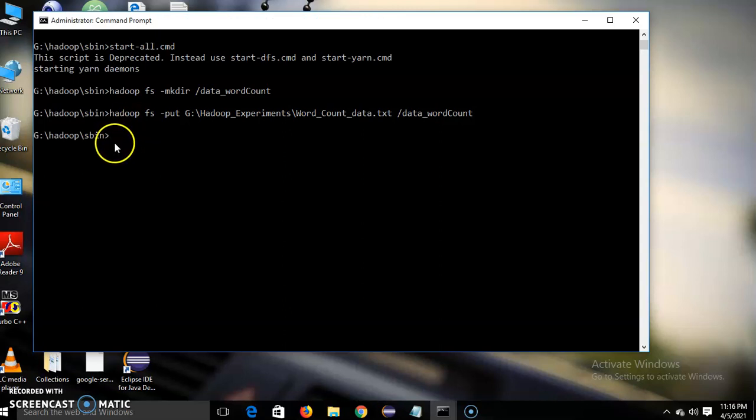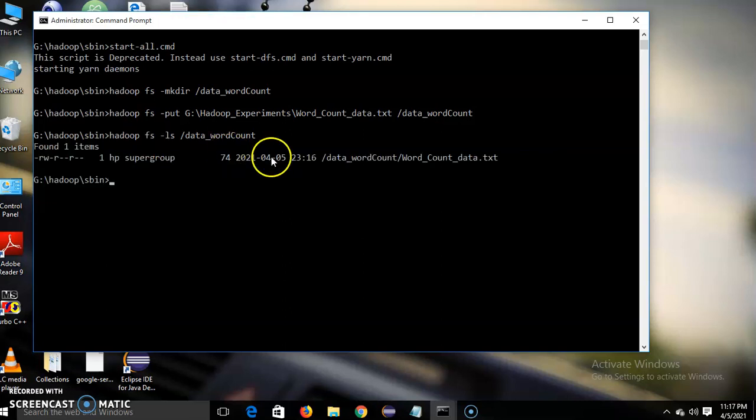So now the file has been uploaded into the directory. Let's verify whether the file gets uploaded or not with the help of another command. So here we can say that this wordcountdata.txt file has been uploaded.